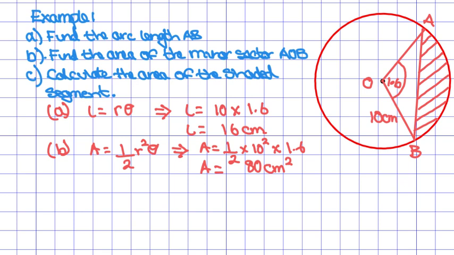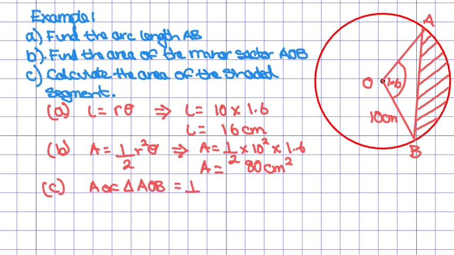Part C. Calculate the area of the shaded segment. So the shaded segment is the shaded hatched region, and how we find that, we've got the area of the minor sector AOB, take away the area of the triangle. So we need to find the area of the triangle. So area of triangle AOB